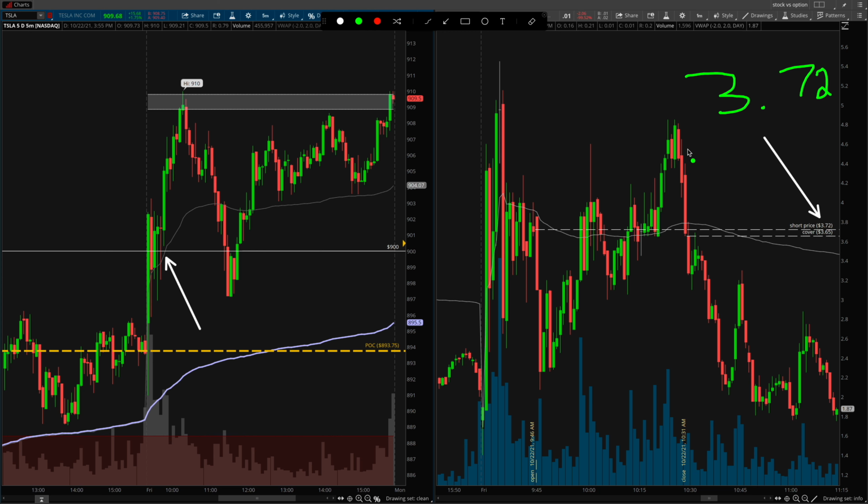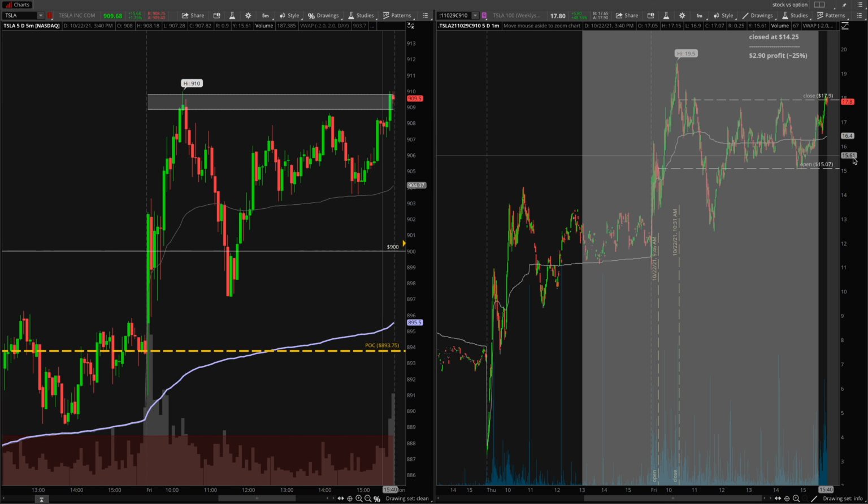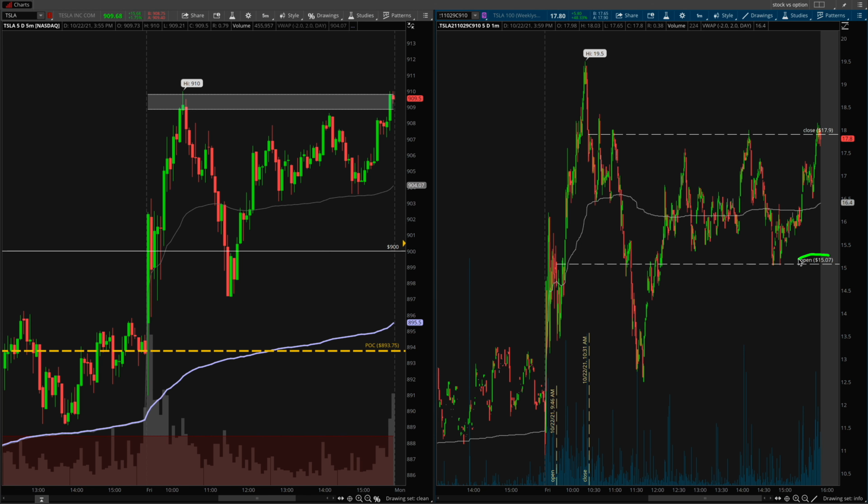But just know this type of spread that I entered is called a calendar call spread, and all that means is that I shorted a strike price, and I also purchased the same strike price for the further expiration. So that right there is the logistics of how it plays out. But again, this right here would be how much I'm paid, so $3.72. Now, because I had to buy another contract, how much did that cost me? It would have cost me the $15.07, as I showed you guys in the other slide when I actually purchased the order. So here would be where I got filled, and then here would be where I closed the trade